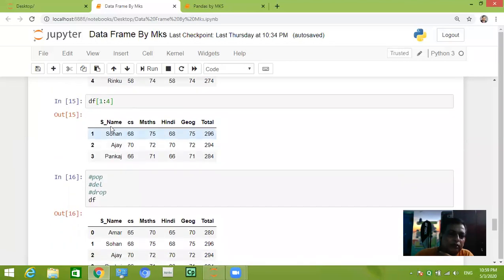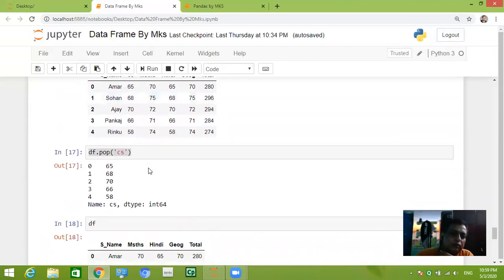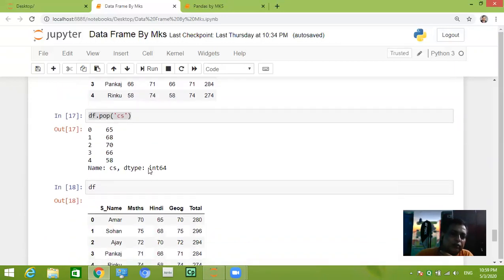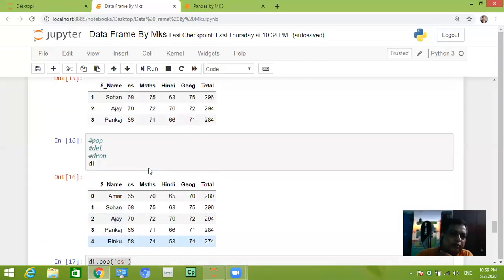Next, how to display or select rows from the data frame, and at last how to delete columns in different ways, that is pop, del, and drop functions. So that's all for today's class.